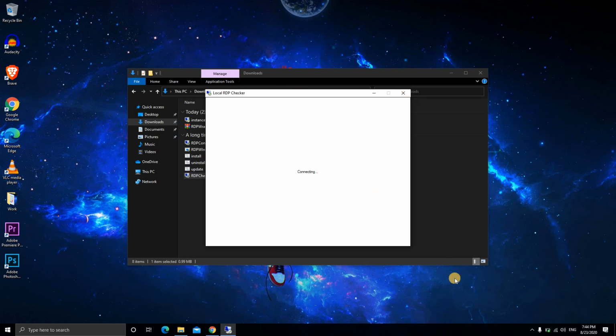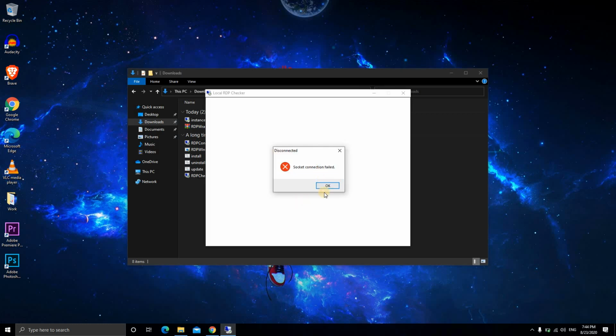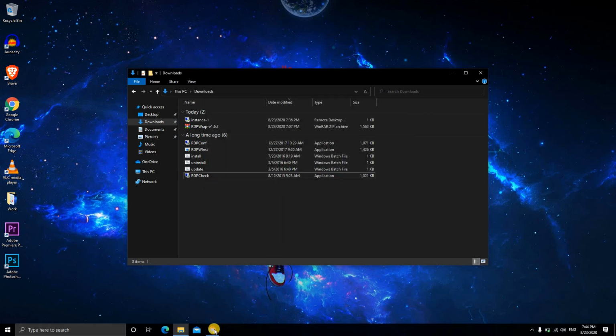Local RDP checker. Socket connection failed.